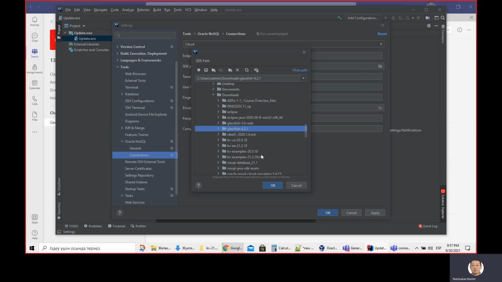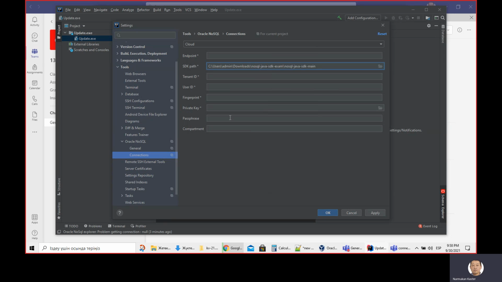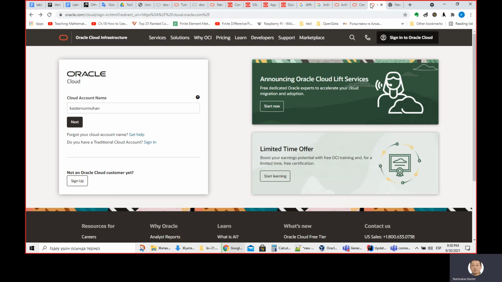The problem is those: endpoint, tenant ID, user ID, fingerprint, private key, and the password and the compartment. So where are those things coming from? Those are actually coming from the